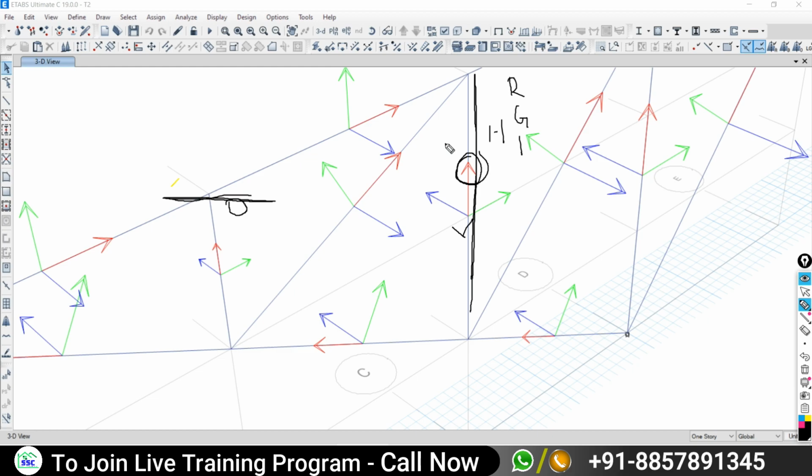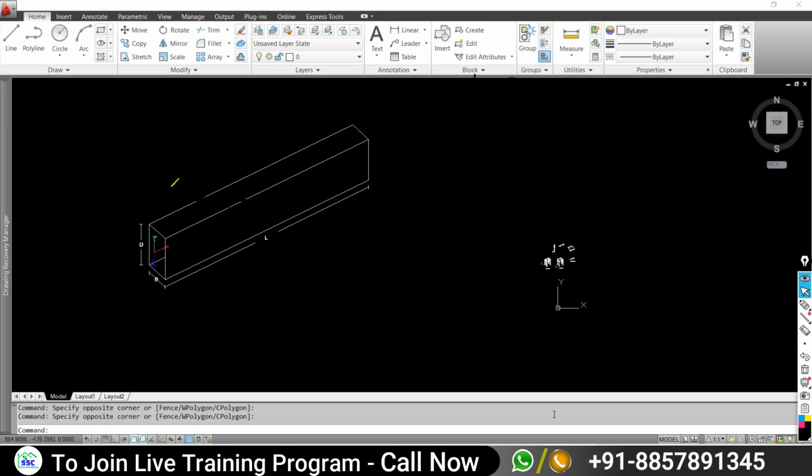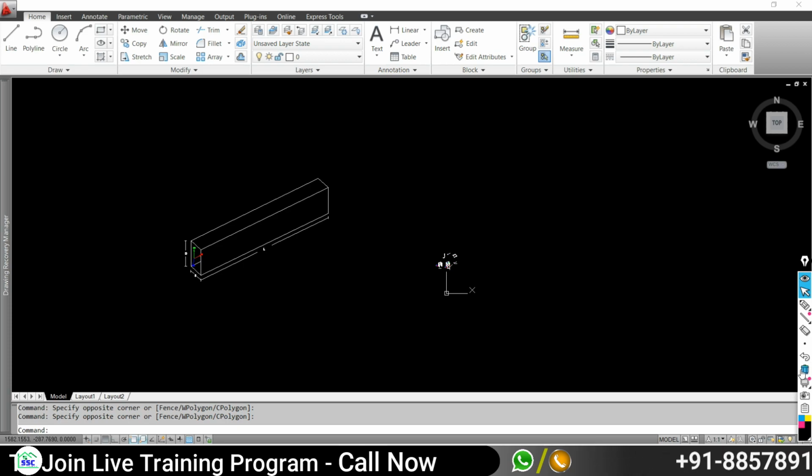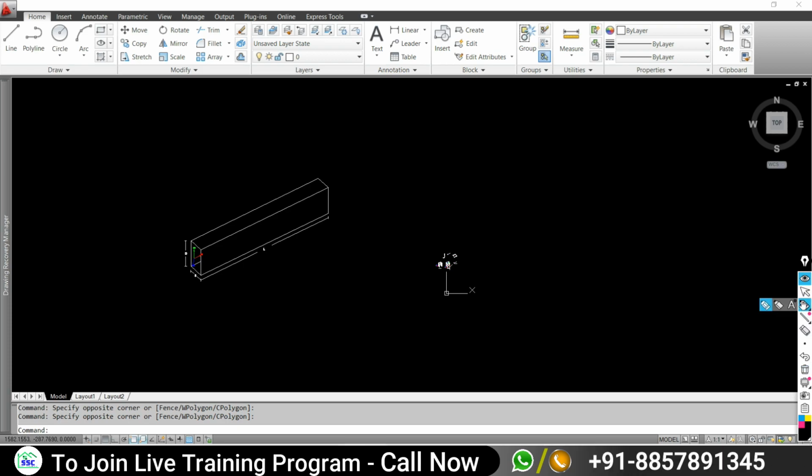Okay, now coming back to the beam, you know very well that beams are designed for flexure and shear. Am I right or wrong?